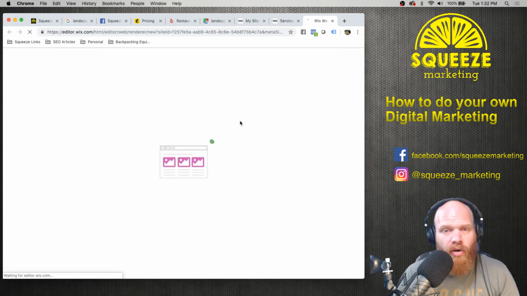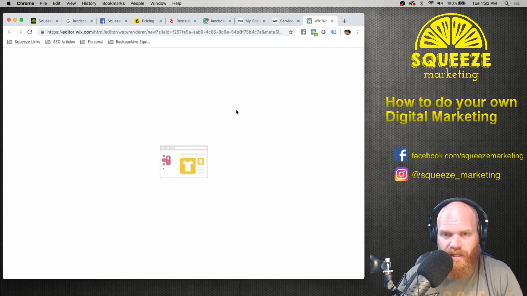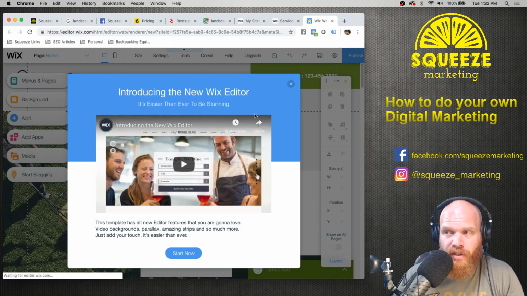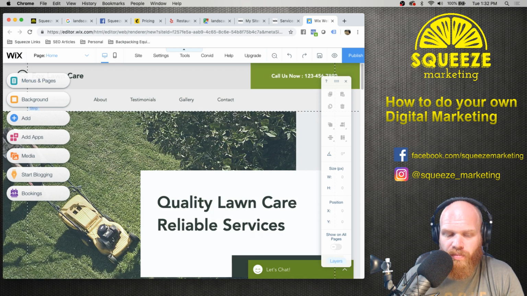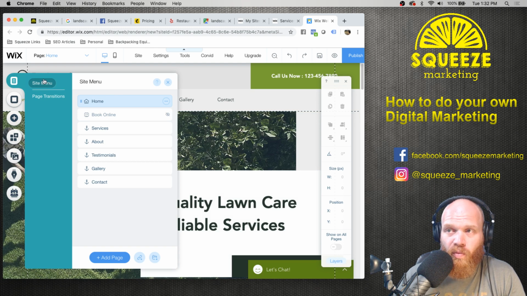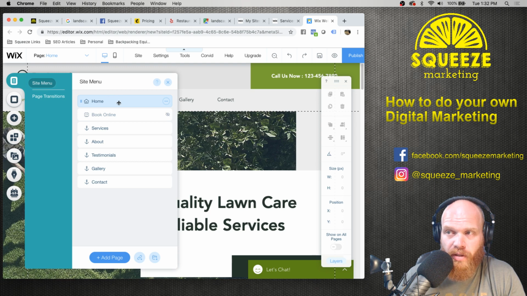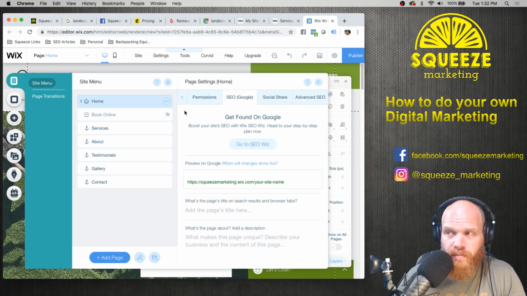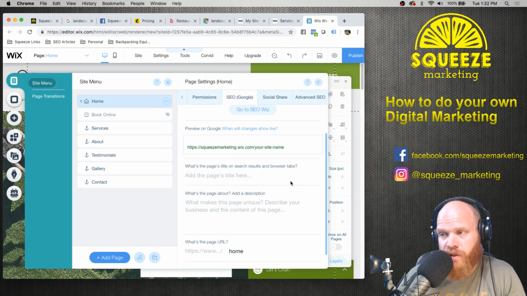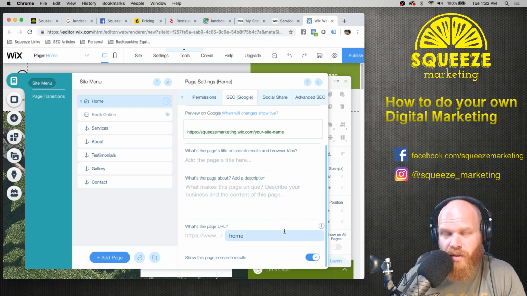This is the case with WordPress through plugins that help you put the SEO settings in the right place, and with Squarespace, Weebly, all of the platforms that you can build sites on have these settings available. So on Wix, we go to the menus and pages, the home page, and then we click these 3 dots here. Then we have SEO Google. And so we look here, and these are the settings that matter for on-page SEO that you can affect.